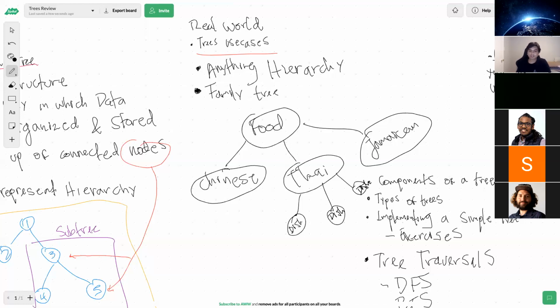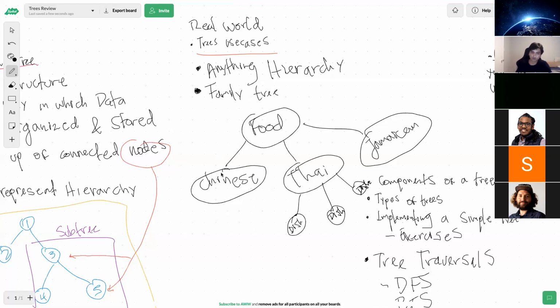Now, this is a tree, but today we're going to look at binary trees and binary search trees. A limitation that also comes with a benefit is that binary trees can only have two children.